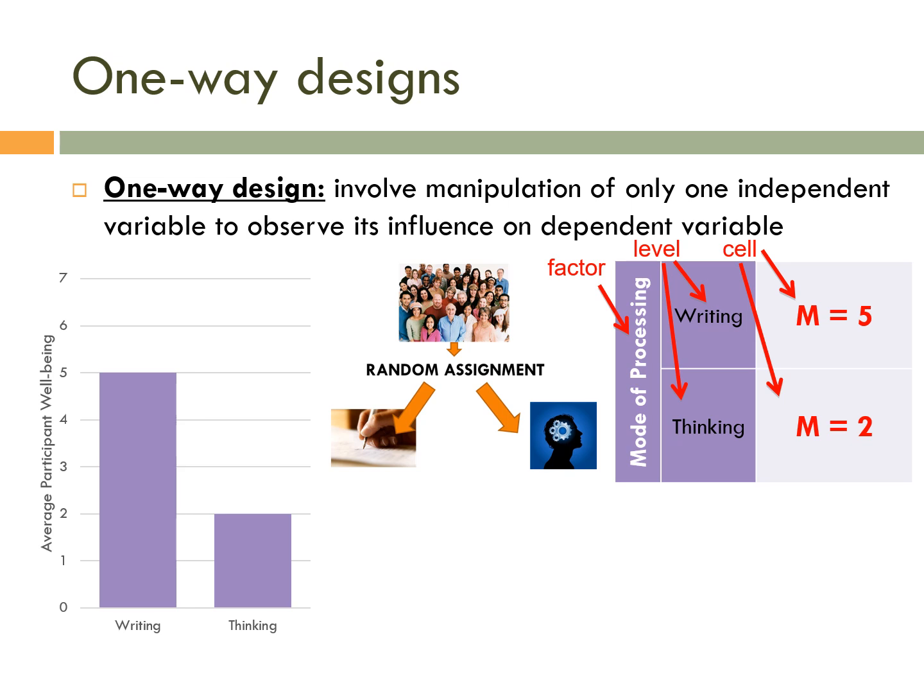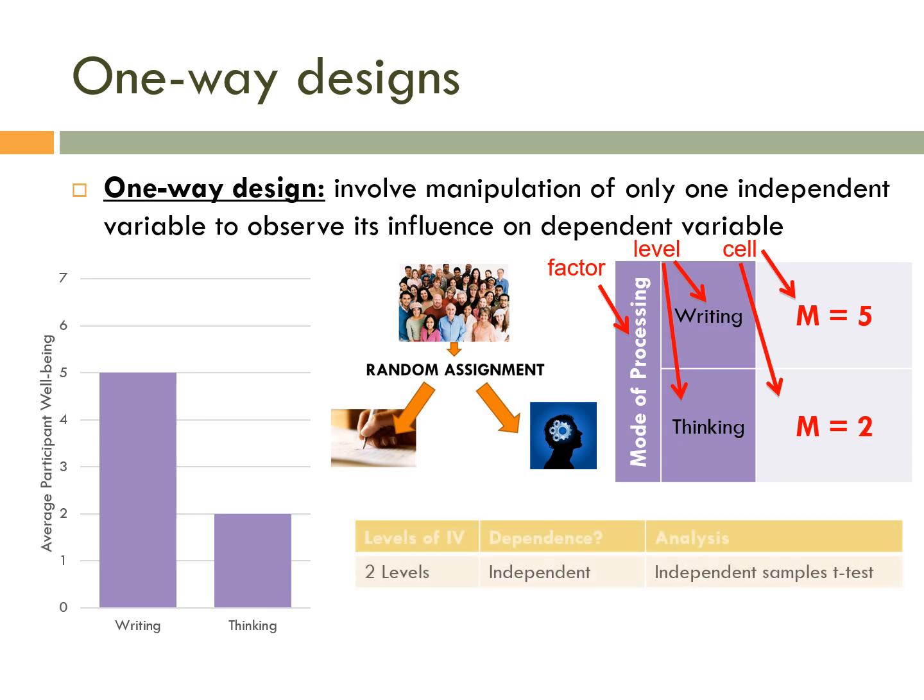So the mean 5 compared to 2, and we want to see if those are different. And to do this, we are going to run an independent samples t-test. So in this table, you see that if there are 2 levels of the independent variable and they are independent because this is a between subjects design, then the analysis we use is an independent samples